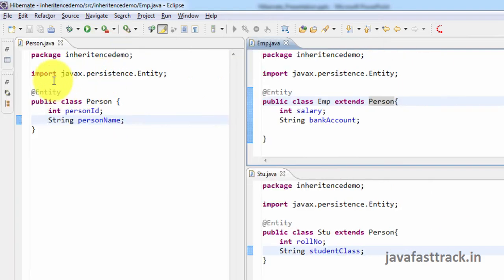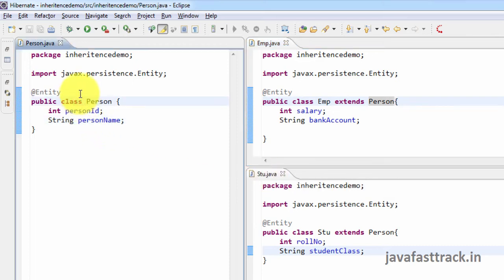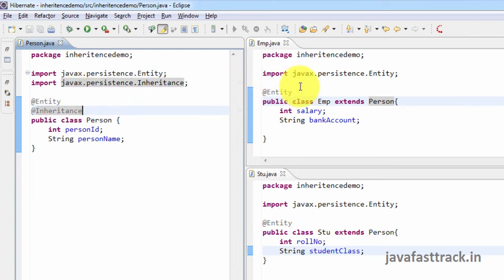Now we have everything ready. The person class with two fields to persist, employee class with two fields to persist, and student class with two fields to persist. Now it's time to do inheritance mapping. You only have to do just one thing. Just go and put inheritance annotation here,